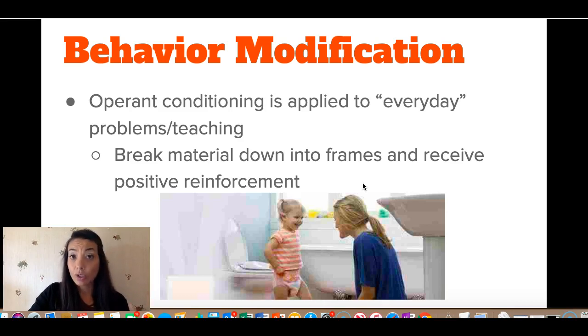So anytime she shows an interest in going potty on the potty chair, I provide positive reinforcement with my voice, my facial expressions, and if she actually goes potty in the potty chair, then she gets a prize, right? So that's the operant conditioning part of the behavior modification plan. There is a reinforcement, and in this case, we give her chocolate if she goes potty in the potty chair.